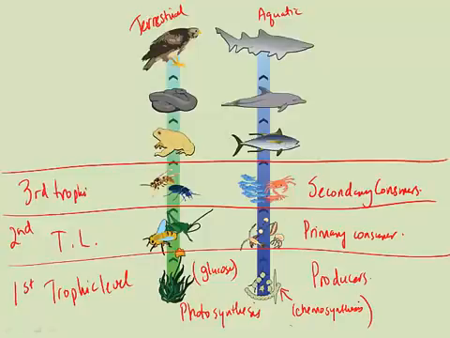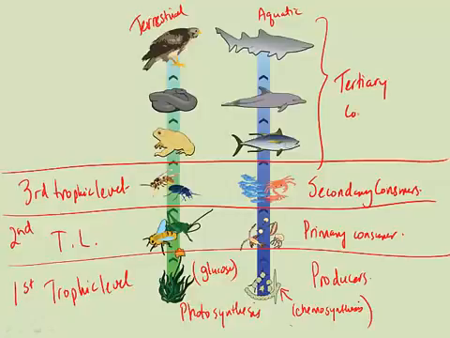Now, in this graphic, it actually shows quite a few trophic levels, but in reality, you can't get much further than the next level, which is the tertiary consumers, or the third level consumers, because there just isn't enough energy in the system for that to happen. So this would be the fourth trophic level,